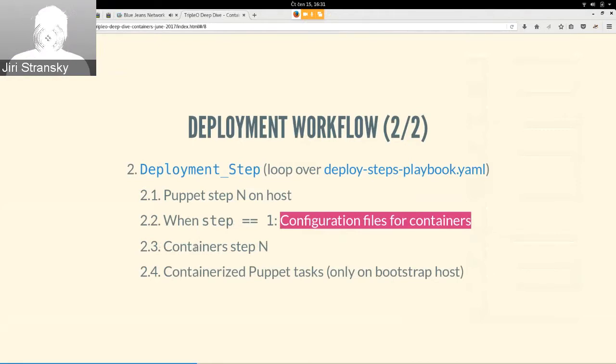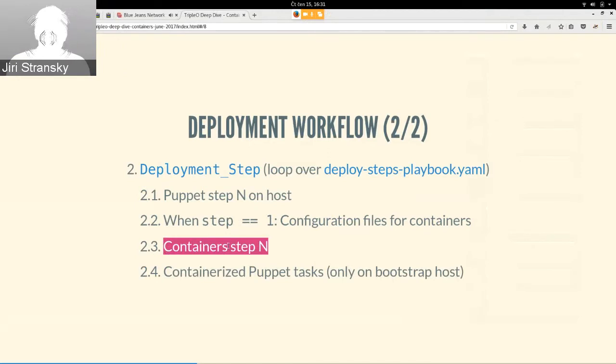And once we have the config files, we can start launching the containers. So then we do first step of the containers deployment,